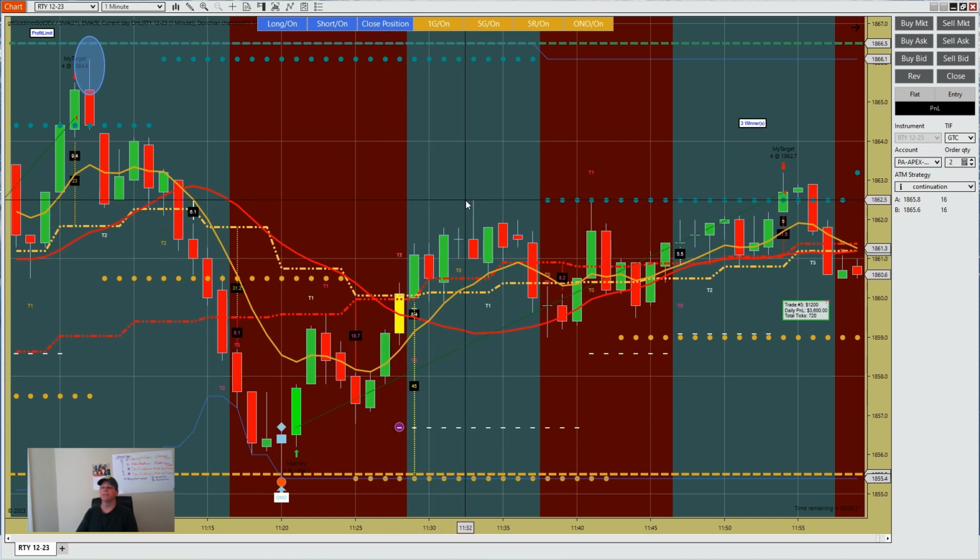It almost hit our target way over here. Missed our target by about, let's see here, 5 ticks. And then kind of rolled around on top of these lines now, and then wham, finally hit. So that is where these lines show the power that they bring to the table, and you need to know which one you're playing off of